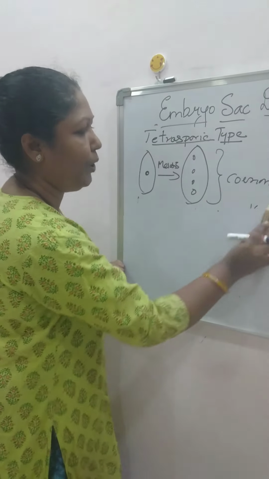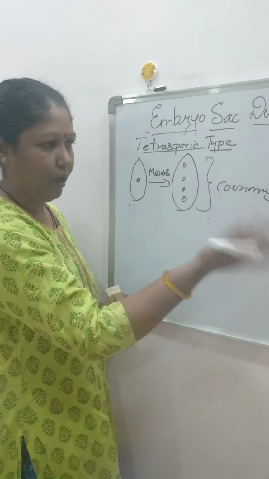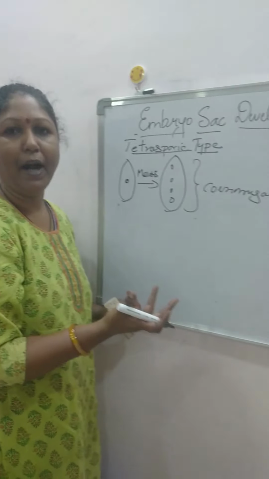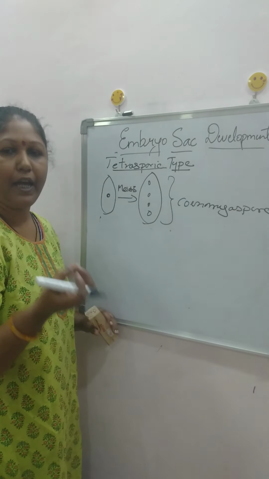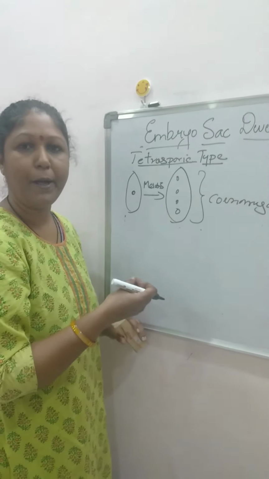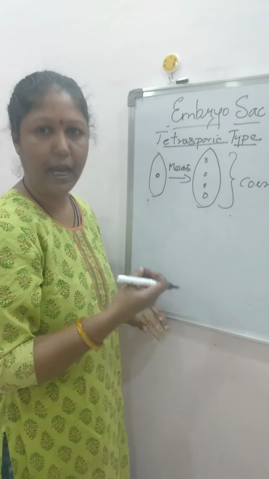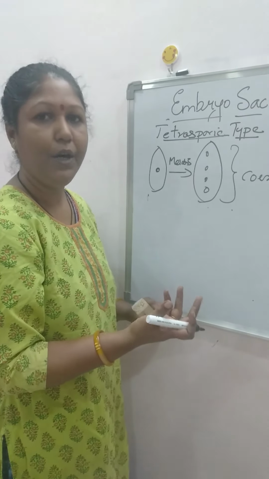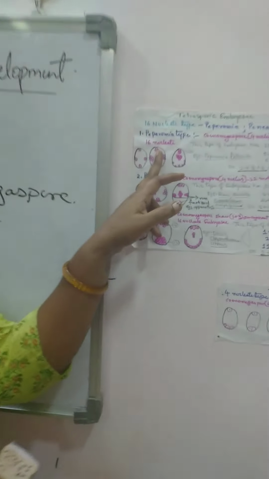Now, before I go into each of the kinds, let me tell you that these 4 megaspores in the 7 different types have a different mode of arrangement and a different mode of participation. They may give rise to a complete 8-celled or a 16-celled embryo sac, and a few might be additional in number, like more antipodals may be there, and a few of them may be completely absent. That is the uniqueness of tetrasporic embryo sac development. Now I'll move on to the chart where I have written about each of the embryo sac types.